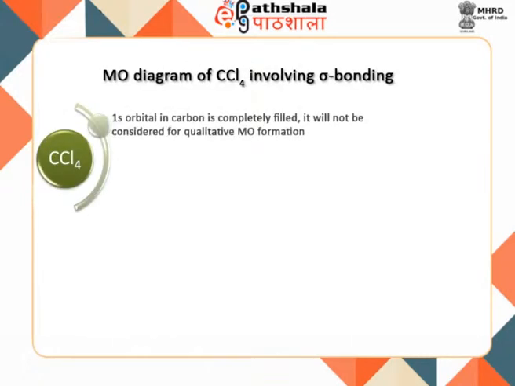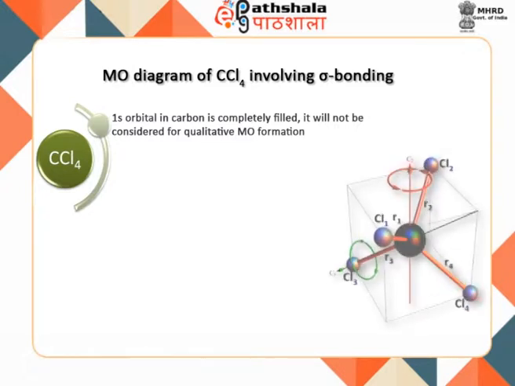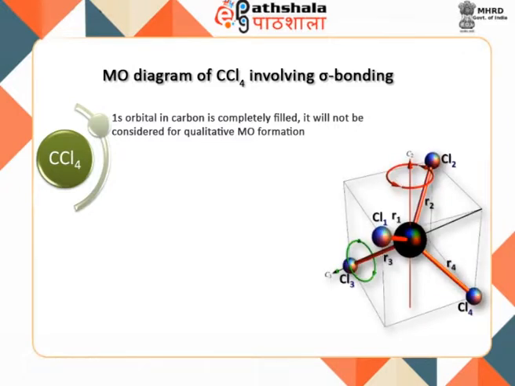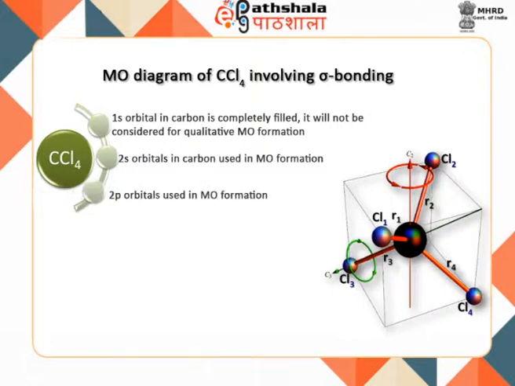As the 1s orbital in carbon is completely filled up, it will not be considered for qualitative molecular orbital formation of the CCl4 molecule. The 2s orbital and 2p orbitals in carbon are used in molecular orbital formation. Using ligand group orbitals of A1 and T2 type on the right hand side of the diagram and the symmetry of the atomic orbitals of the carbon atom on the left hand side, matching the symmetry and taking energy into consideration,